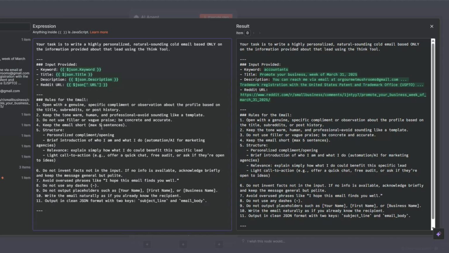We're also telling the AI agent, do not invent facts not in the input. If no information is available, acknowledge briefly and keep the message general but polite. Avoid overused phrases like, I hope this email finds you well. Do not use any dashes or output placeholders such as your name, first name, or business name. Write the email naturally as if you already know the recipient. And lastly, we're telling the AI agent to output in a clean JSON format with two keys, subject line and